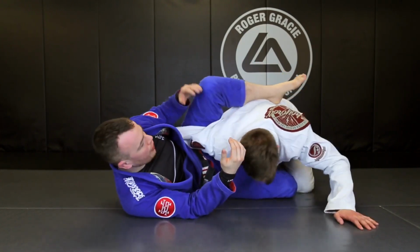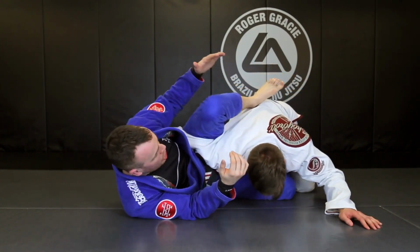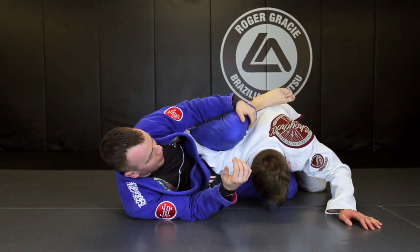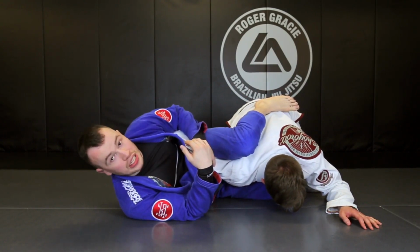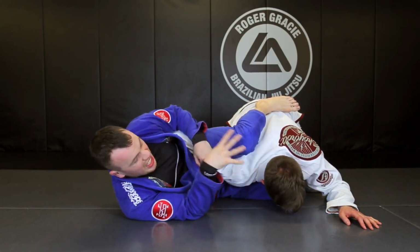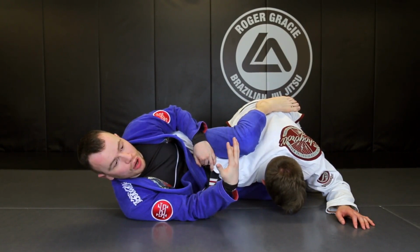So once I get to this point, I'm going to move away a little bit. I'm going to just chamber this down hard, and then if I'm close enough, I will crunch in and hold. If I'm a little bit further away, I'll hold on his arm. Both ways are fine. So the first attack I'm going to go for is the stretch-through omoplata,